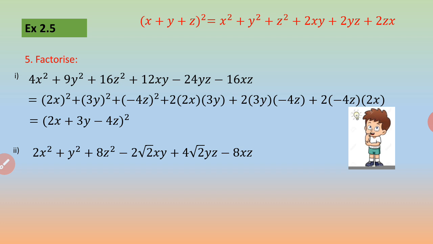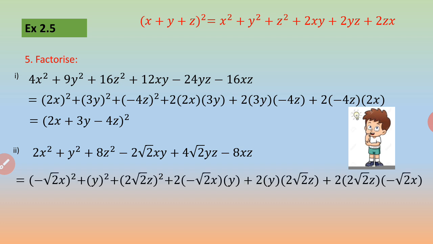Negative sign is also there in this statement, and that negative sign will be taken by x because x is common in those two terms which have negative sign. So let's write in a proper order. The negative sign goes with minus root 2x as the first term, whole square of it. Then y whole square, then 2 root 2 z whole square. If you square this, you will get 8z square. Accordingly, do the changes in the next three terms, write in the proper order. Now this resembles the right hand side of your identity written properly.